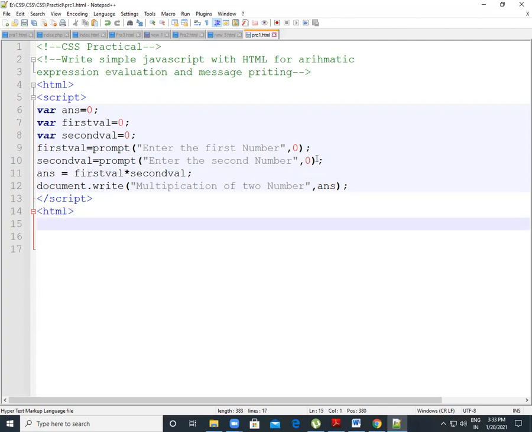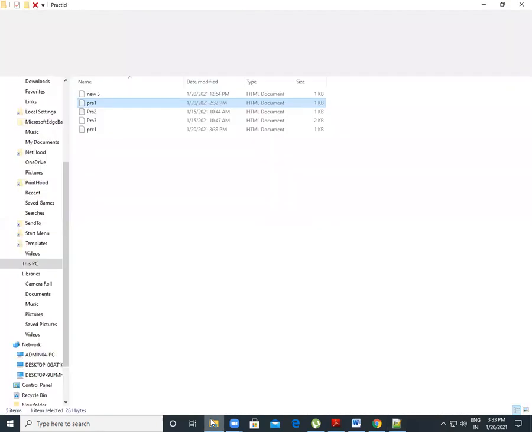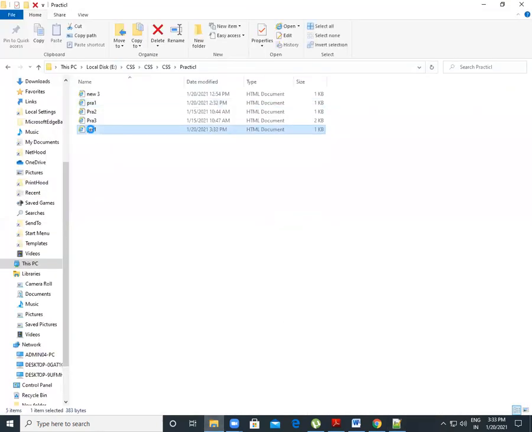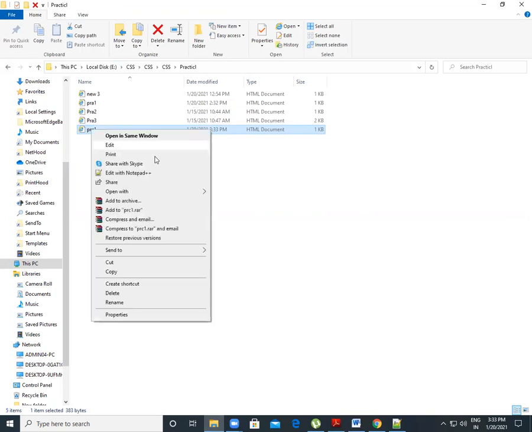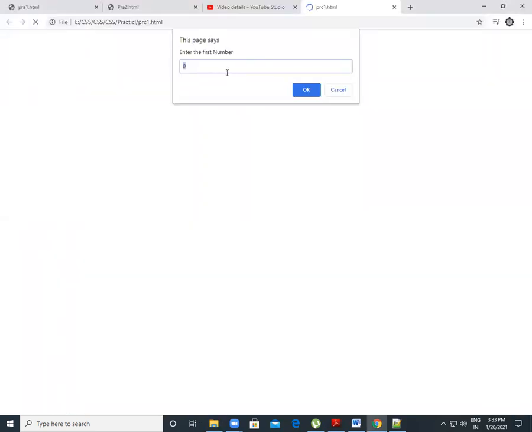We can save this file and run it. Enter the first number: 20. The second number is 2. You can see the multiplication of two numbers is 40.